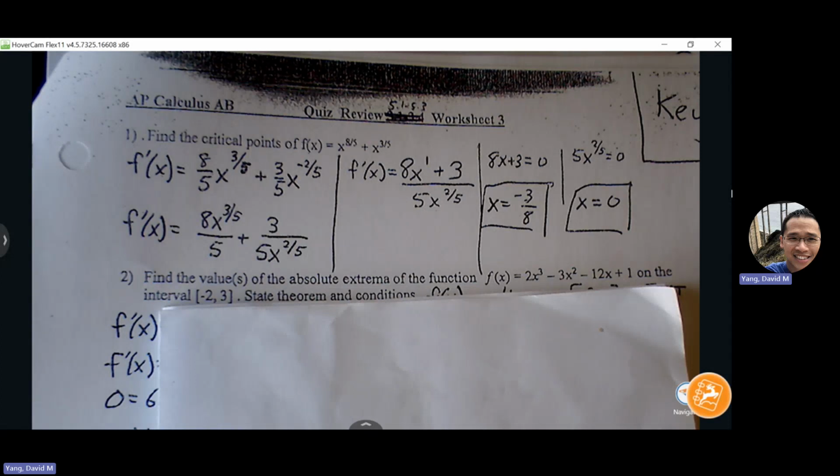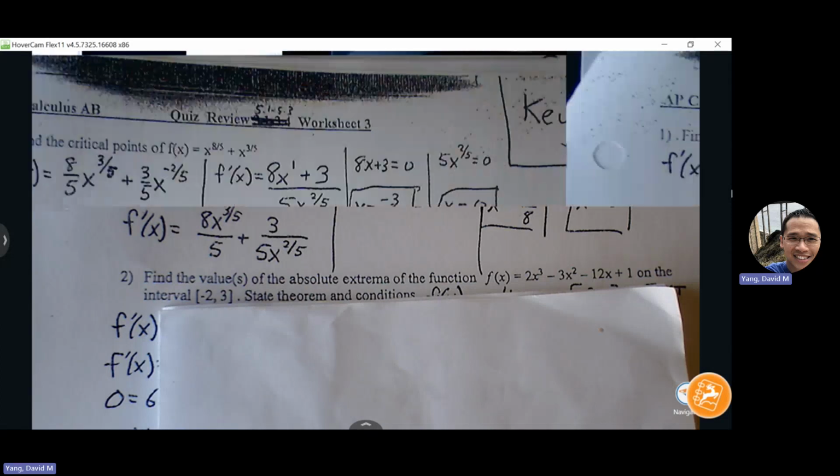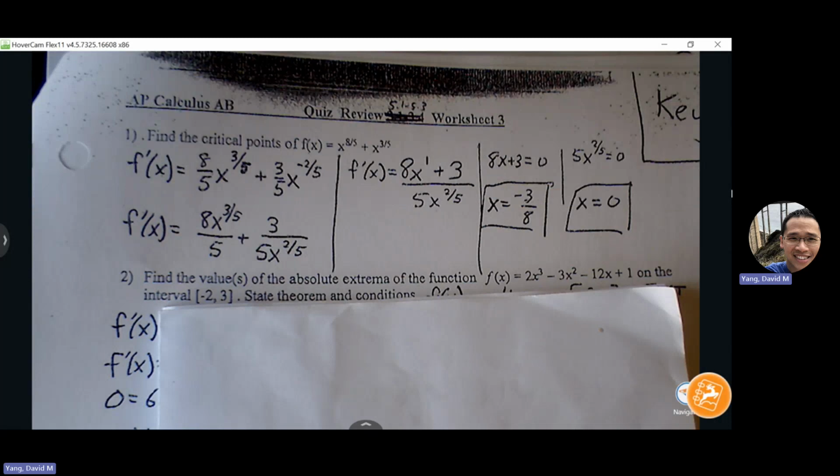Your steps then are find critical points: find f prime, set f prime equal to 0. Make sure your critical points are valid, and then test valid critical points along with the endpoints given into the function and compare the y values. Highest y value is your absolute max, lowest y value is your absolute min. That's into the original, into f of x. Yes. On Rolle's theorem, once you establish f of a is f of b,